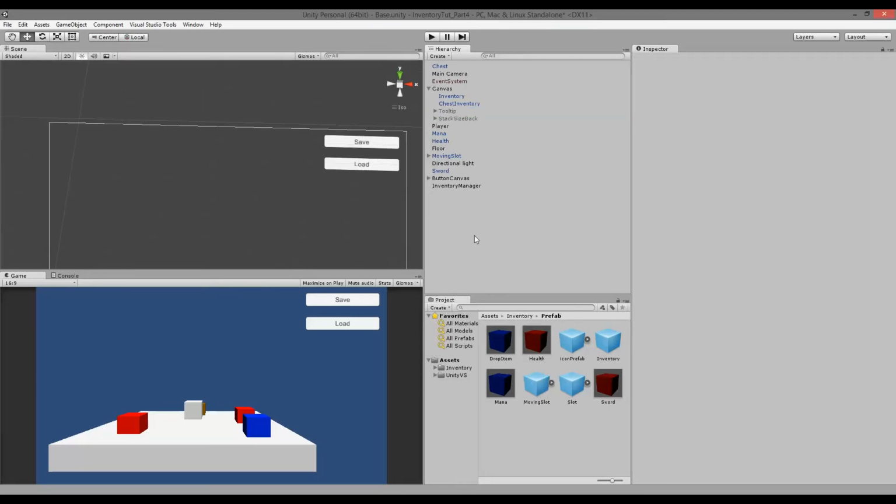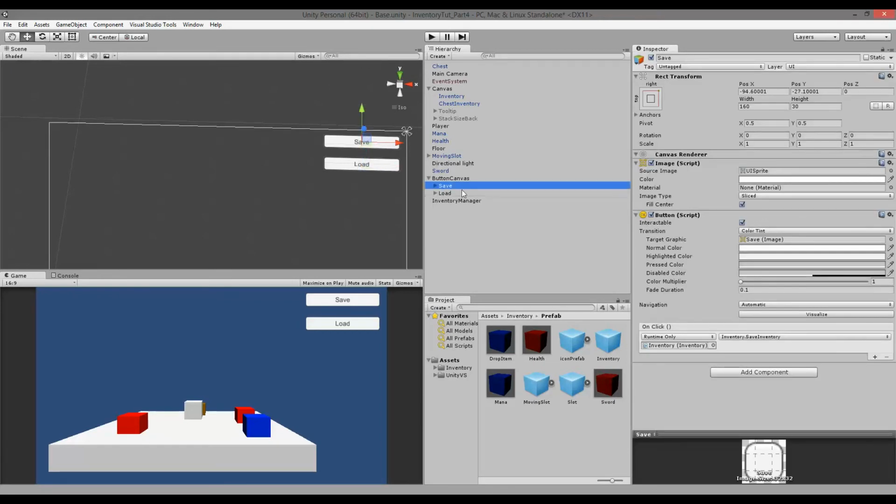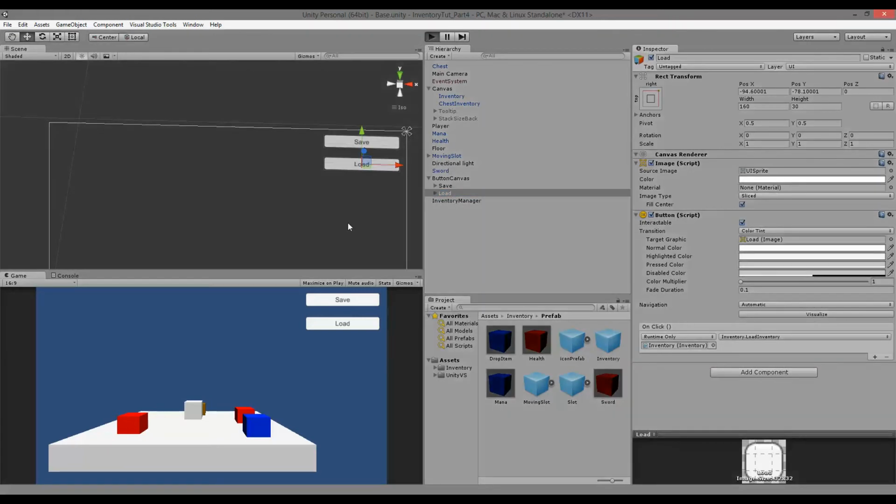Okay, so let's have a look at the save and the load function. Right now we have two buttons, a save button and a load button, and each of them only refers to the inventory, which means that they both refer to the same inventory, so you can only load and save the inventory that the player has. So let's see, if we pick up some items here and we open up both of the inventories here,